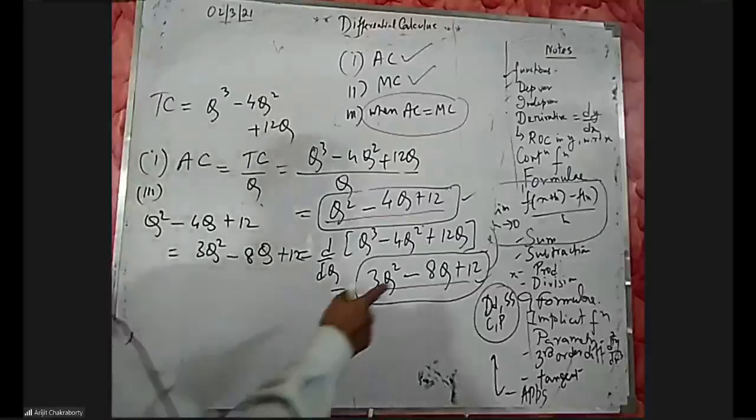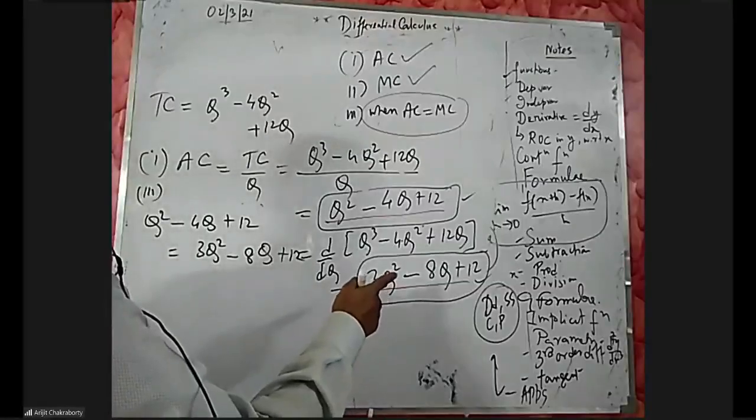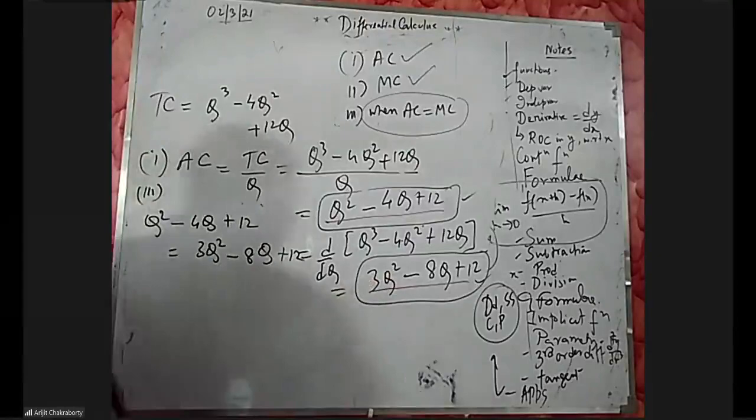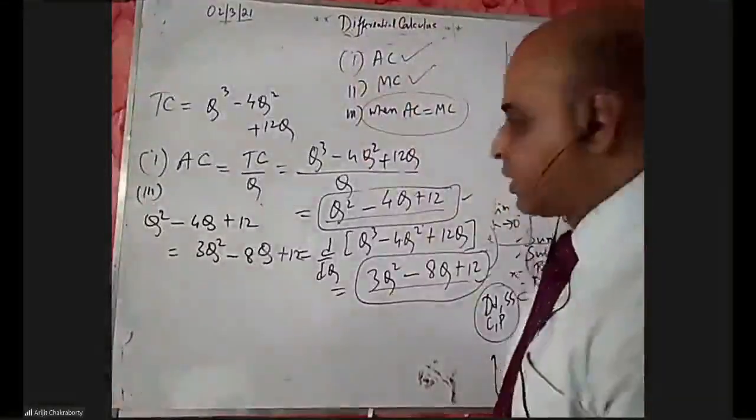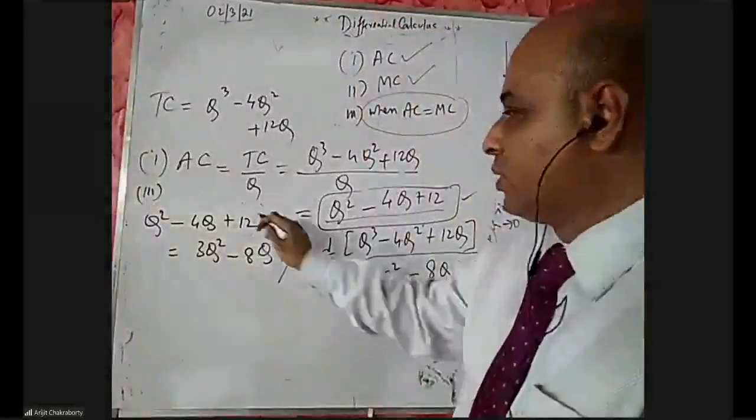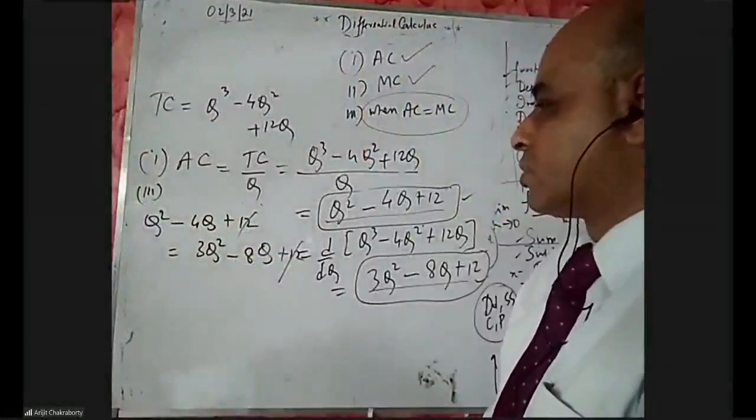Okay, let me check whether it's the same or not. Just check whether it's correct or not. So on both sides, we have q, 12. 12 and 12 cancel out. So I have